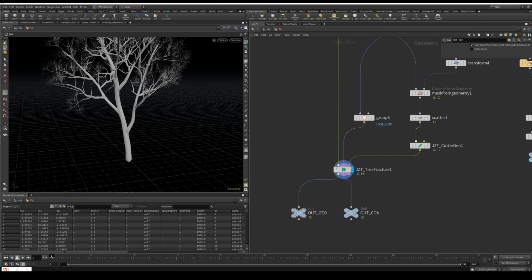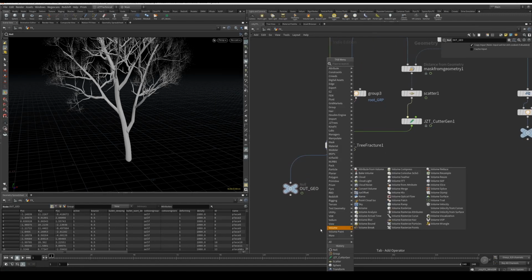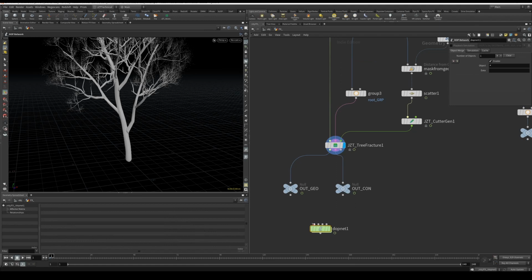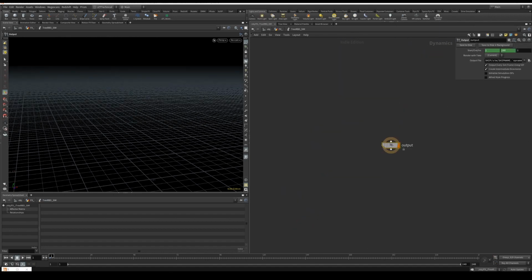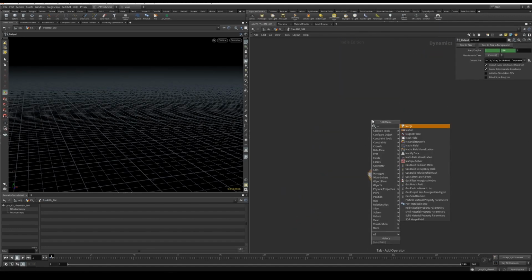Now we're going to start actually developing the simulation. So I'm going to create a dot network. I'm going to wire the geometry to the first and the constraint to the second and call this tree RBD sim. Then I'll dive inside. First thing we're going to do is create a multi-solver,